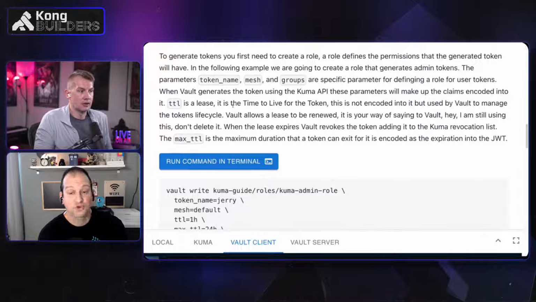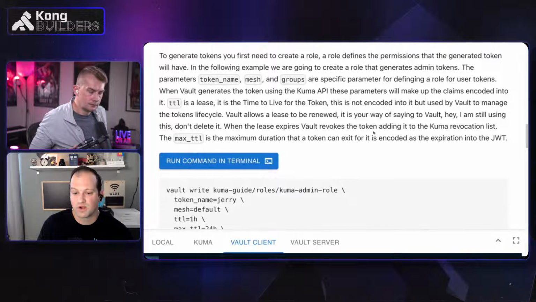Yeah, so there are two aspects that Vault maintains, which are the TTL lease and the max TTL. The TTL, which is the lease, is how long that token is good for until Vault will actually revoke the token. The max TTL is the lifetime set in the token. So I'll give you an example down here where we're creating this role.